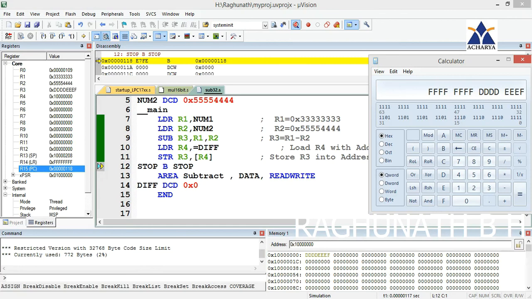Each digit is actually 4 bit binary. So here this calculator is showing 64 bit. So consider only smaller 32 bit. Smaller 32 bit is you can say D D D D E E E F. Verify only this 32 bit part, upper part don't verify. Because in this calculator, it is 64 bit. Since we are in ARM all the registers are 32 bit, for verification don't go for this upper bit, just see the lower 32 bit. Lower 32 bit is D D D D E E E F. So same answer is coming in the location. Okay, thank you. I'm going to stop.